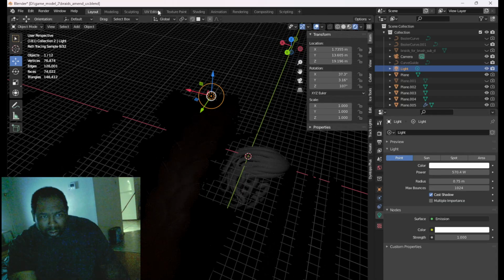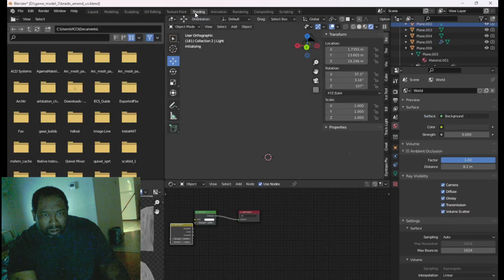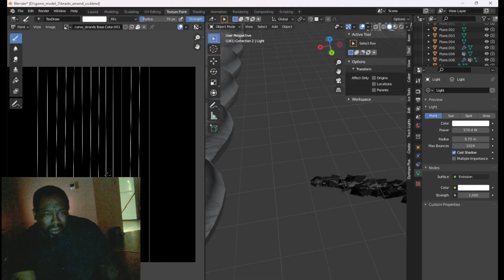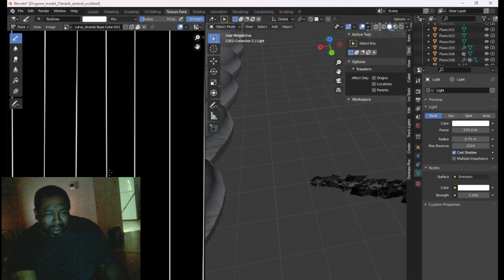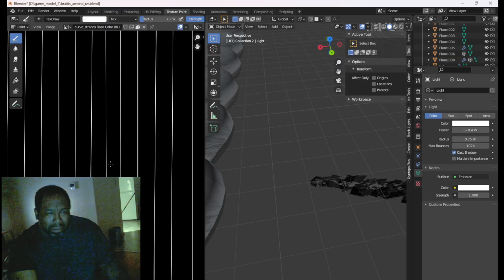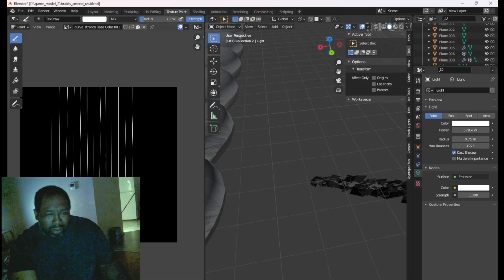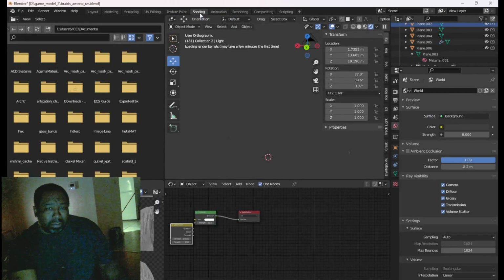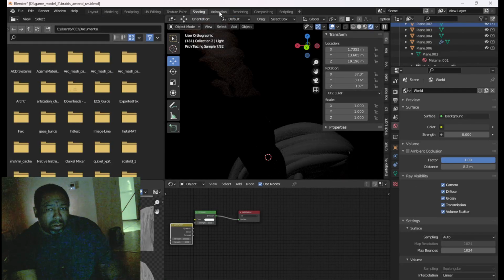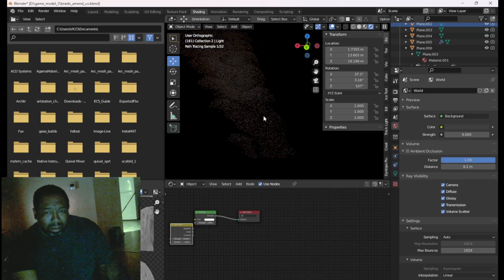Actually, go into UV textures. This is the texture for the hair. I got that much spacing in between it so I can have it look like individual strands, but it's not really individual strands. That's the hair texture, it's a black and white texture. If I go and look at it in the light,